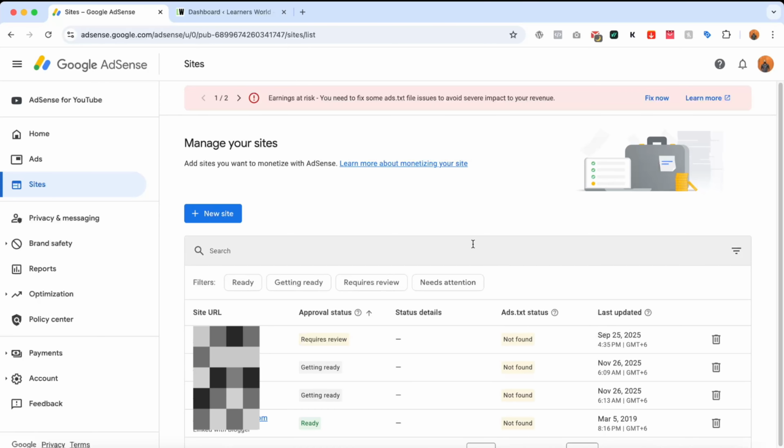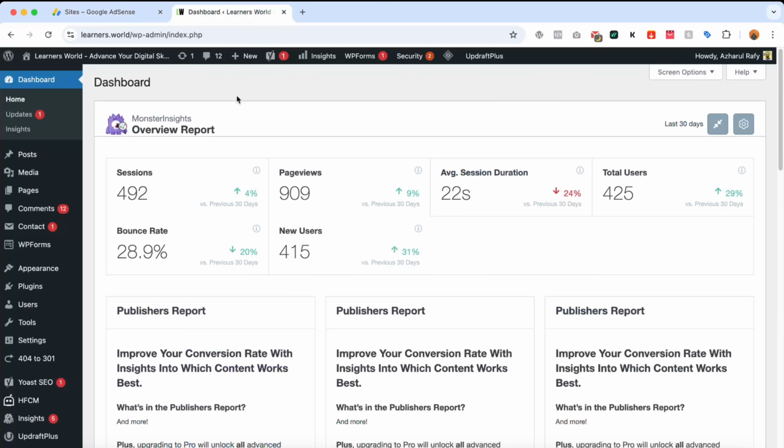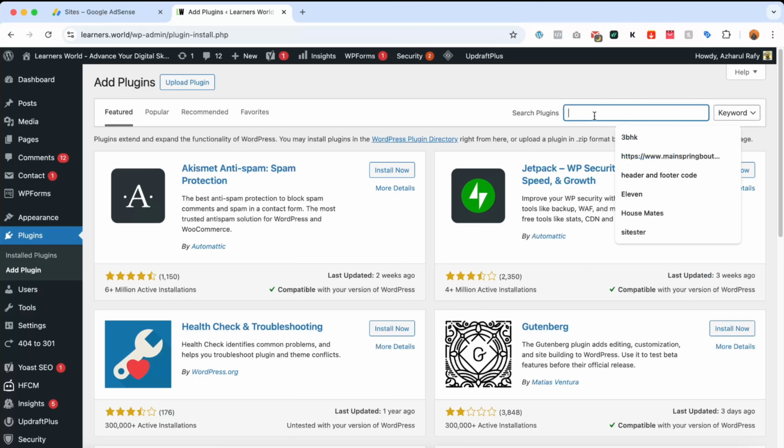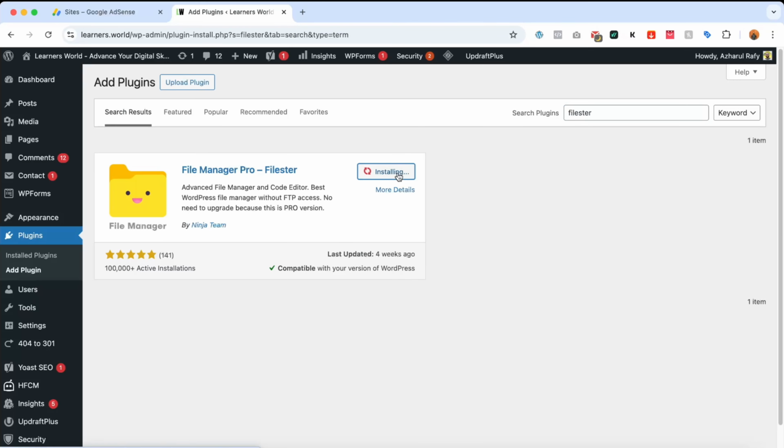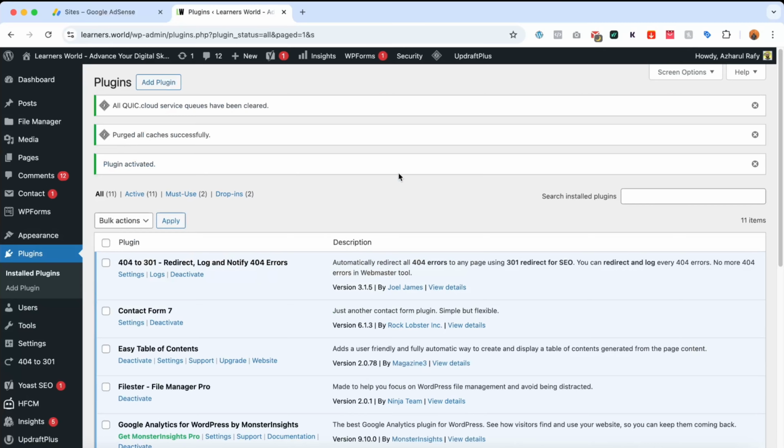So without further ado, let me take you to my WordPress dashboard, and after that, we're going to install a plugin. So I'm going to take you to plugins, add plugin. And then I'm gonna search for the plugin, which is FileStar, and I'm gonna click on install now, and it's time to activate the plugin. So let's click on activate, and after that you can see one of the folders appearing here, file manager. So I'm gonna take you to file manager,